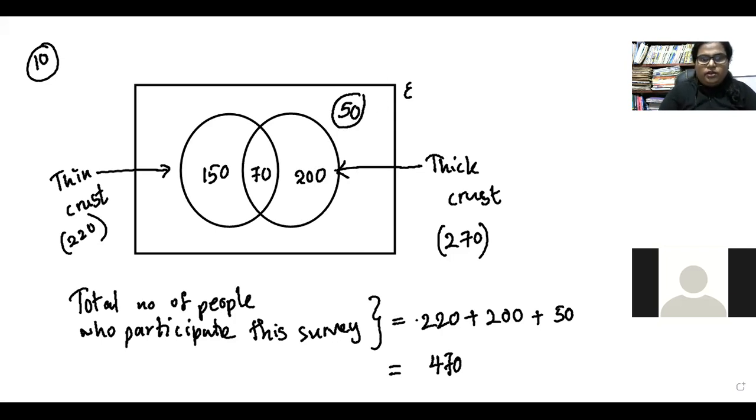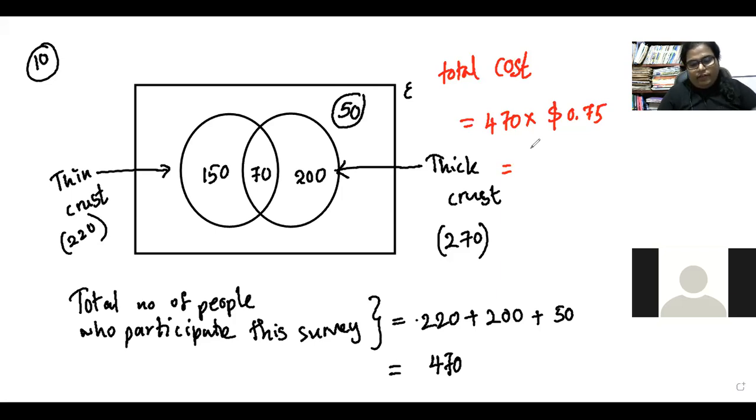To find the total cost of this survey, we have to multiply this number of people by $0.75, because for each person they paid $0.75. So the answer for this one is $352.5. This is a very easy question. The thing is, you have to understand the question first and construct your solution according to this. Okay, then